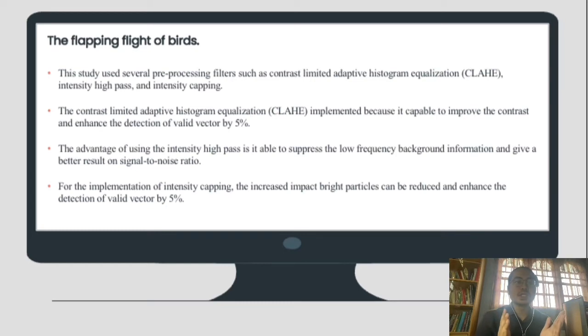Contrast limited adaptive histogram equalization is implemented because it is capable of improving the contrast and enhancing the detection of valid vectors by 5%. Then, the advantage of using the intensity high pass is that it is able to suppress the low frequency background information and give a better result on signal-to-noise ratio. For the implementation of intensity capping, the impact of bright particles can be reduced, enhancing the detection of